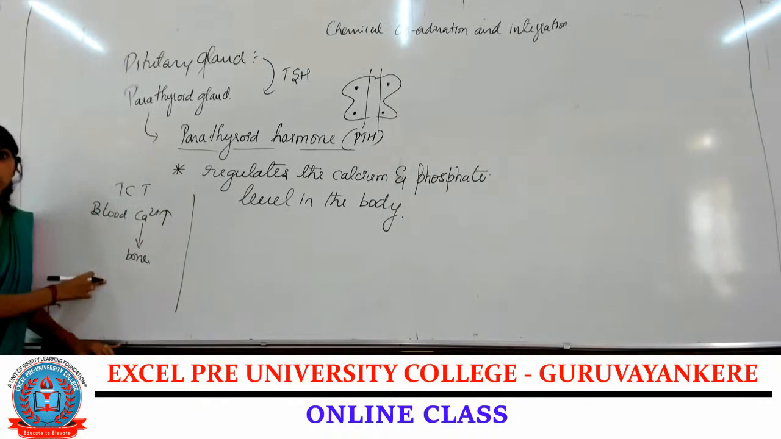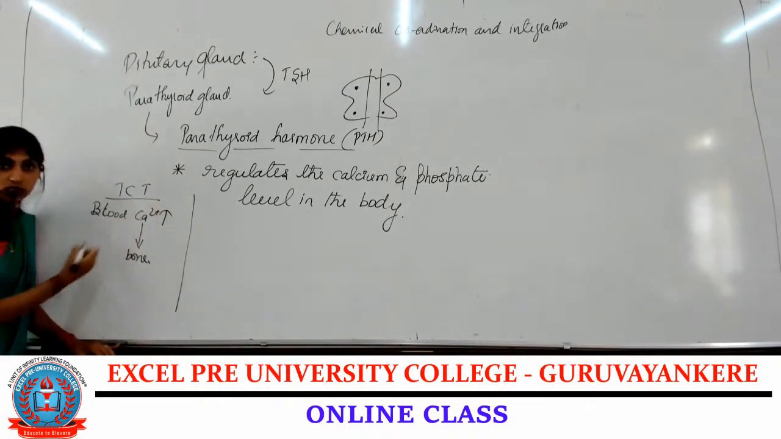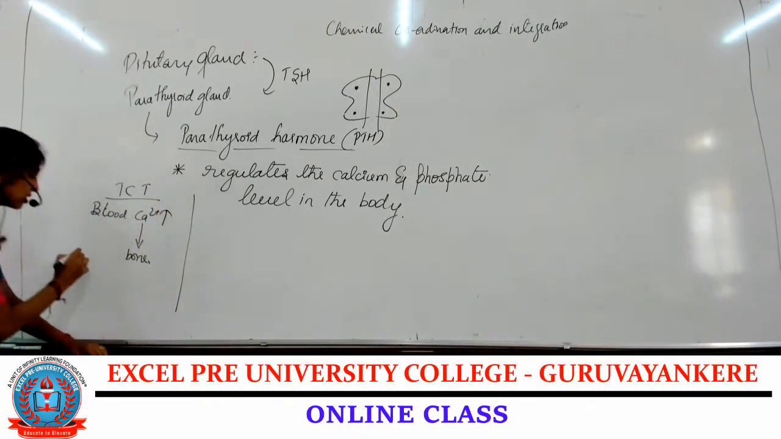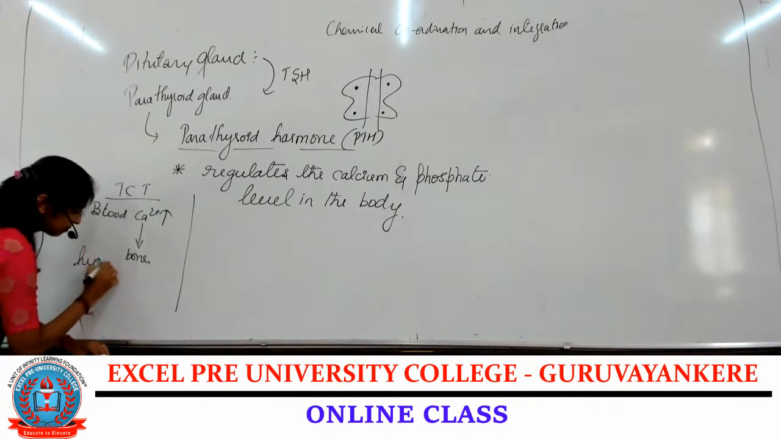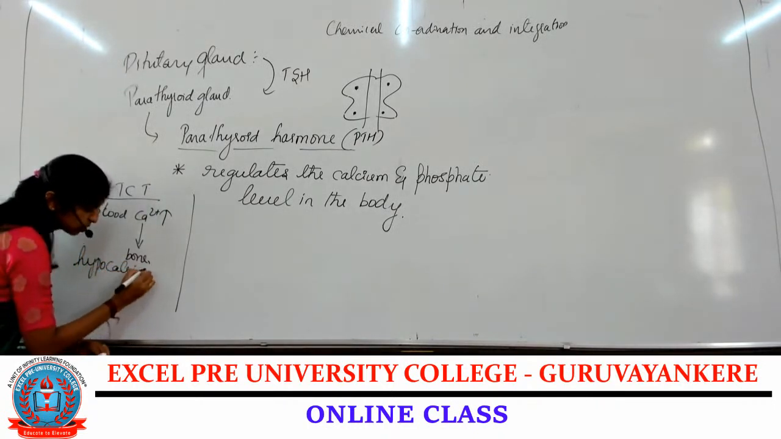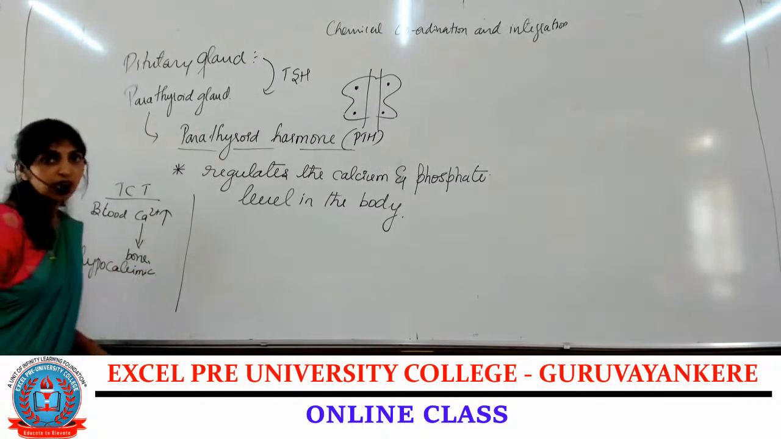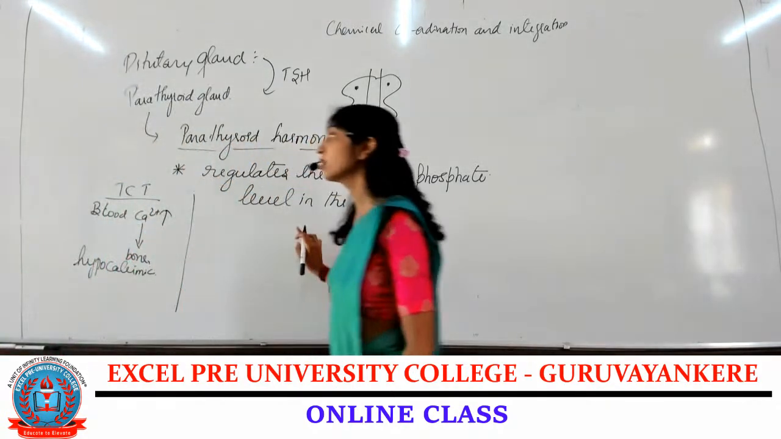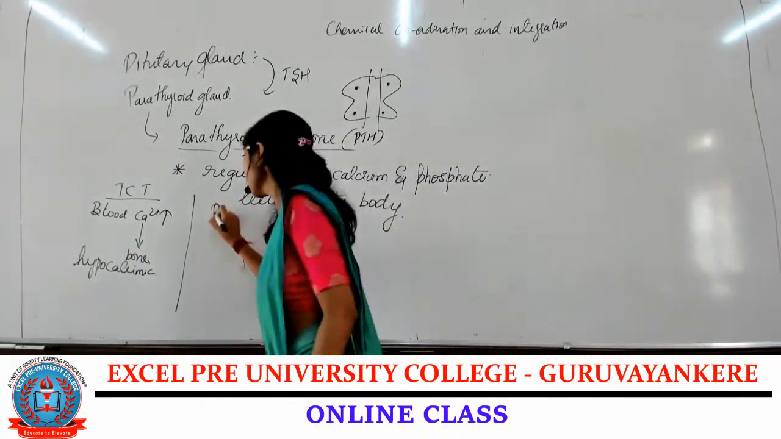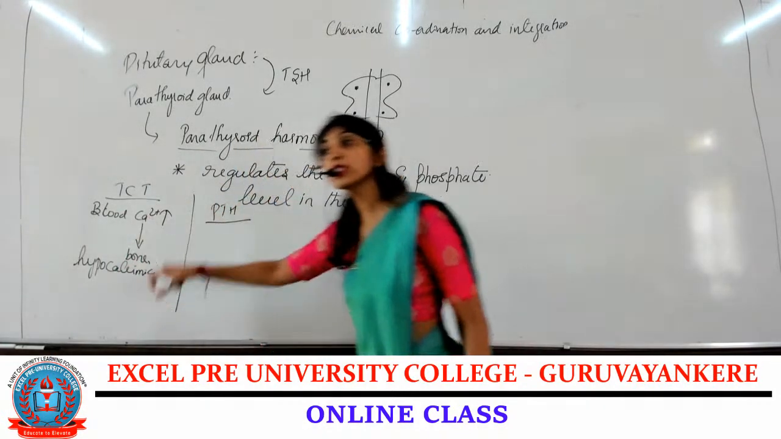Correct? This was the function of thyrocalcitonin. That means it was a hypocalcemic hormone. Is it clear? Hypocalcemic hormone. Now coming to parathyroid hormone, that is PTH. It has the opposite function to